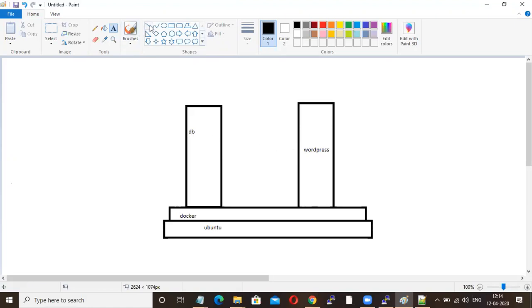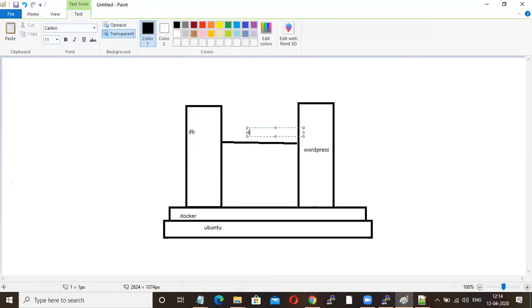You can do it using one keyword called link. Link is used to communicate two containers if they are in the same network. I'll talk about the network later.